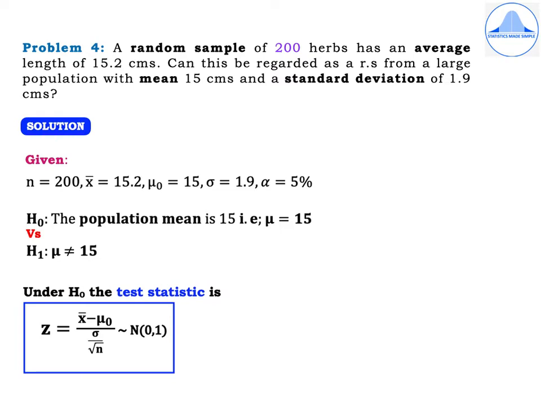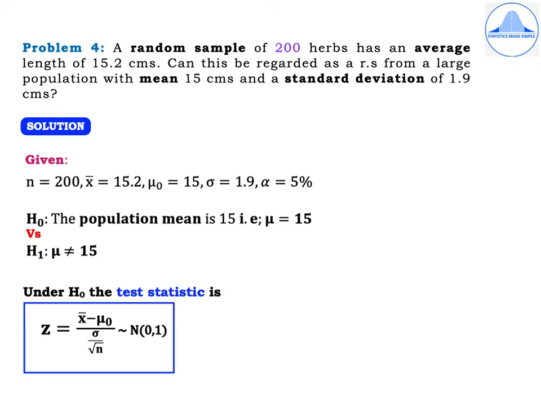Now let us check whether this problem falls in the category of test for single mean for large samples. First, we look at the value of n, which is 200, and you see that it is greater than 30. So this is a large sample test, and we have only one population and a sample is chosen from that population. And also the words average and standard deviation are present, and even the word mean is also present. So it is a large sample test, and in particular it is the test for single mean.